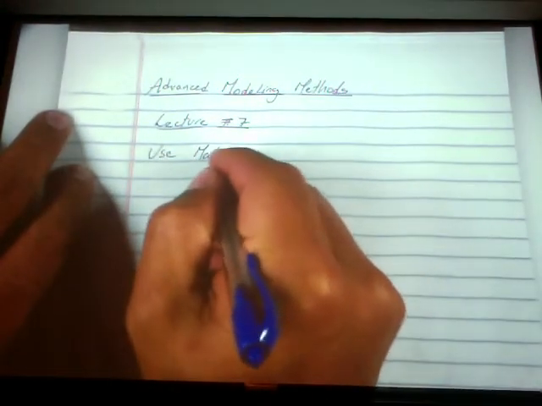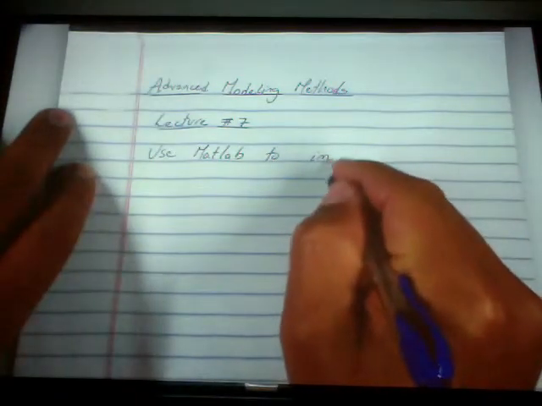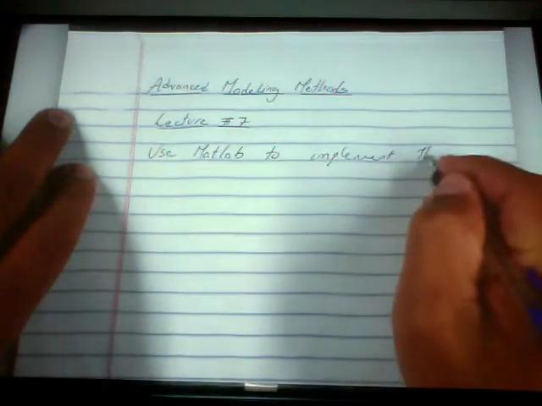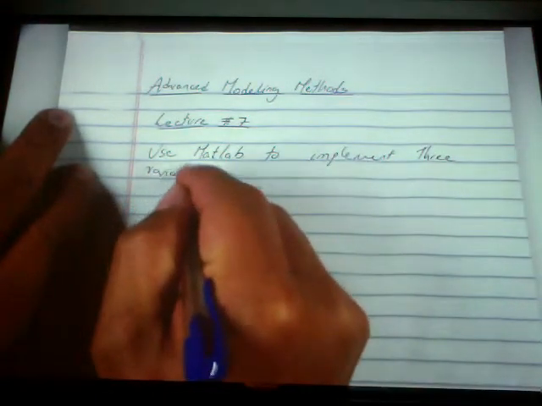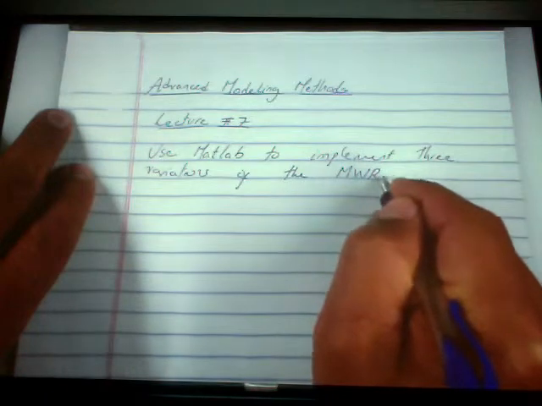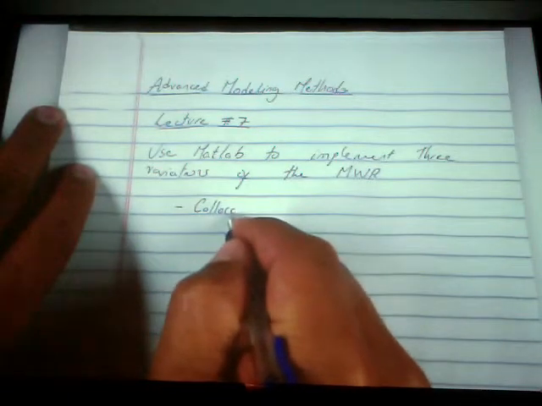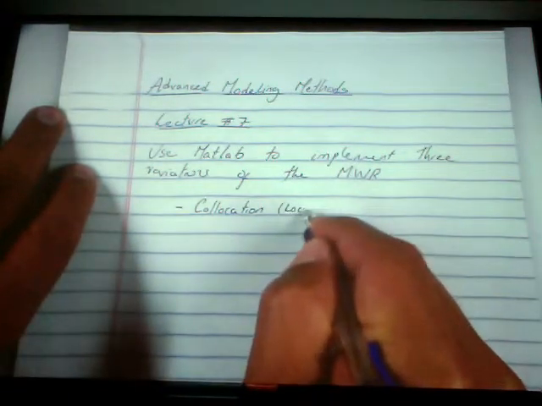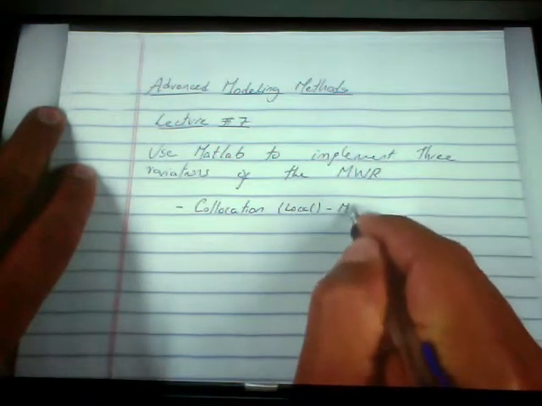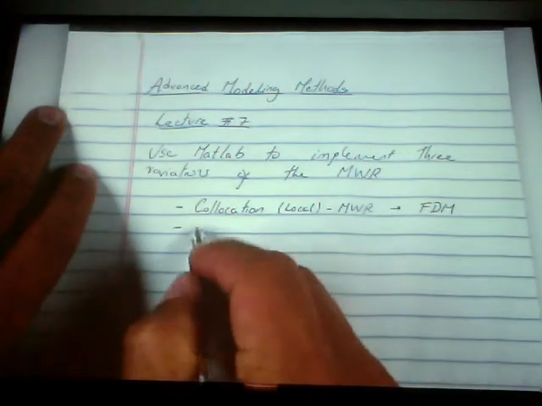All right, so we are going to use Matlab to implement three variations of the method of weighted residuals. And those are the collocation, local MWR, which is, as we know, the finite differencing method,